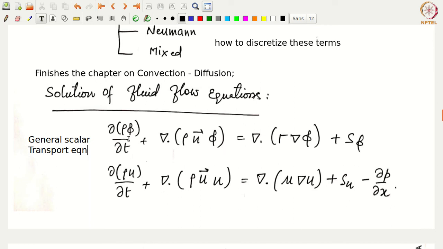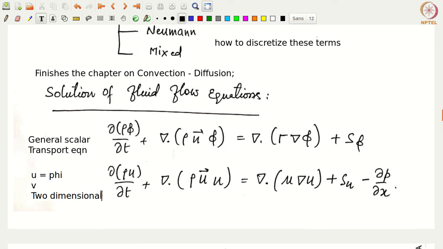So in principle, we can now solve a convection diffusion equation or a general scalar transport equation for any scalar phi. Now, if you look at the fluid flow equations, we have a similar structure as compared to the general scalar transport equation. Only thing is that now your phi is replaced with u and v. So instead of one equation, we have two equations. Let's say we consider a two-dimensional flow situation. Then we have one equation for the x momentum and the other for the y momentum, in which phi is replaced with u or v. Of course, we also have the continuity equation in addition to these two equations.